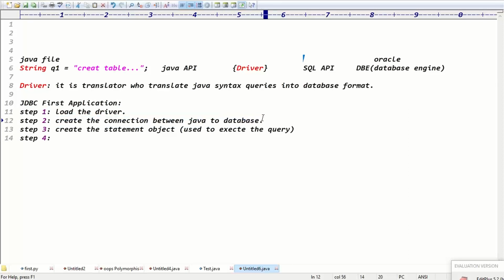Guys, from advanced Java onwards, even JDBC, servlets, JSP, Spring, Hibernate, the first application is very, very important. Once you understand the first application, all remaining applications have the same flow, with only minor modifications, guys. The faculty never explains the flow again. The faculty will explain the flow only once while discussing the first application.